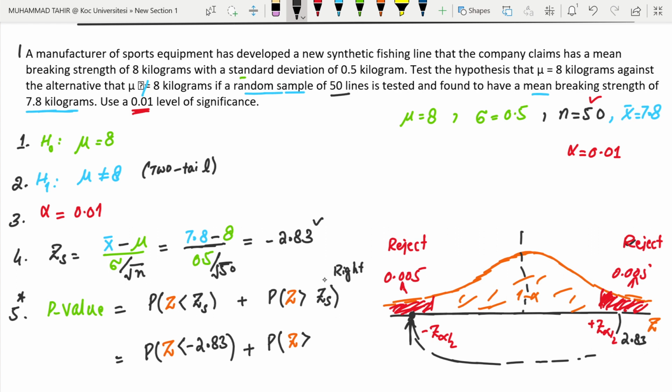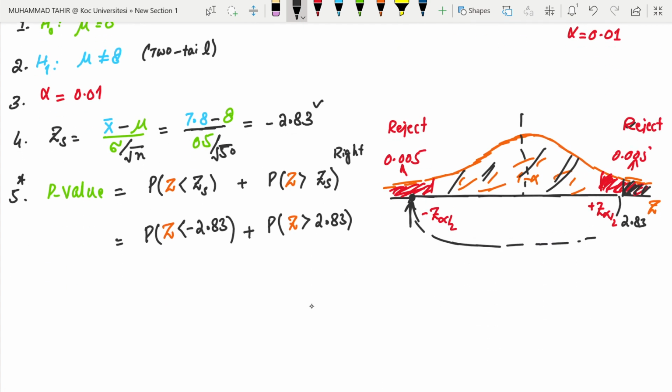तो -2.83 से ग्रेटर तो ये सारी प्रोबेबिलिटी हो जाएगी, बट मुझे तो यहाँ पे ये वाली प्रोबेबिलिटी चाहिए. तो आई विल राइट +2.83. सो समरी क्या है, just in order to be very simple, let's try to understand in simple words. When you calculate the p-value in two-tailed test, what you do, ये लेफ्ट टेल टेस्ट की पी वैल्यू और राइट टेल को दोनों को इकट्ठा कर देंगे, राइट।